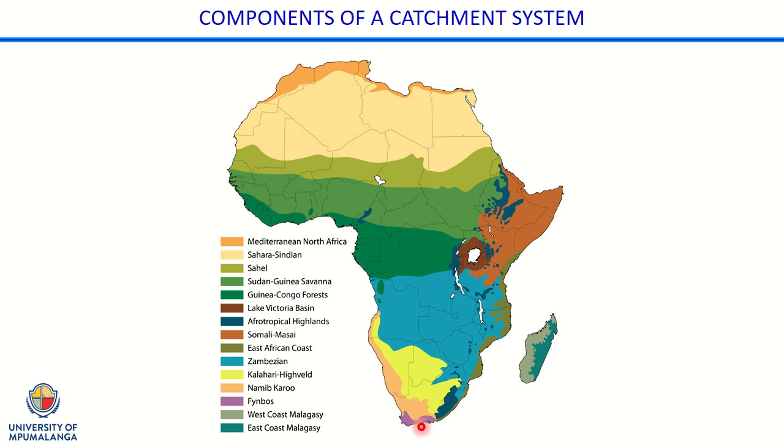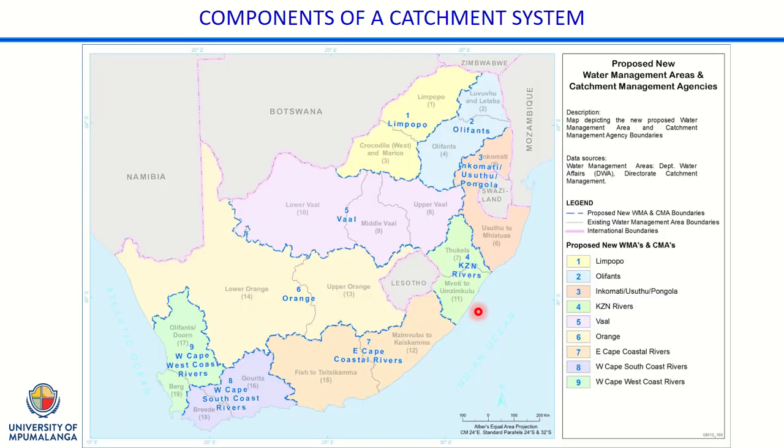GIS. And that's what we use. We use GIS to tell us where we are. Easy peasy. All right, then if we move on to South Africa, in addition to the different ecoregions, we have